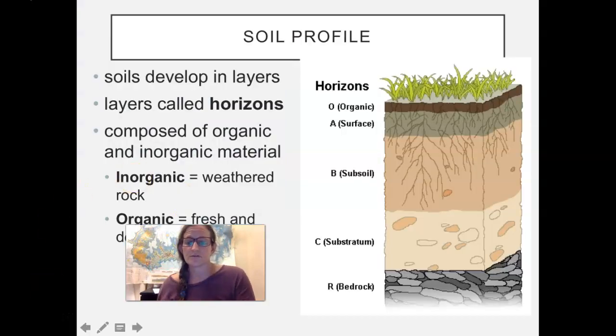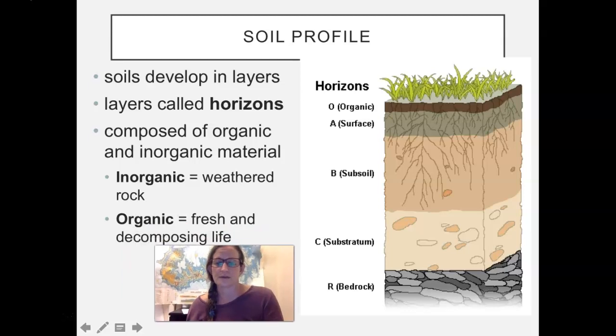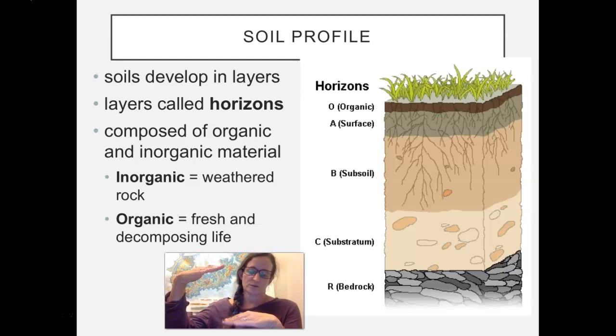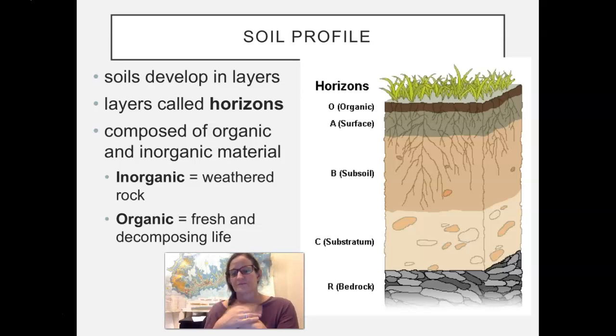All right, soils are typically described as being in these layers called horizons. A layer of soil is a horizon, and a sequence of soils for a certain area is called a profile. So they develop in horizons and they are in a soil profile like this. There is inorganic material, which is the decomposed rock, and then organic material that can be alive or decomposing dead stuff. So the general layers start at the bottom with rock, and then there'll be